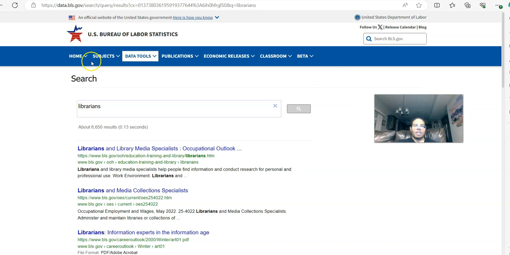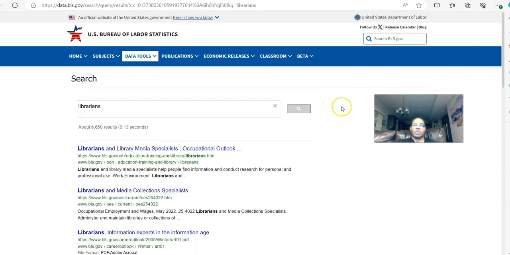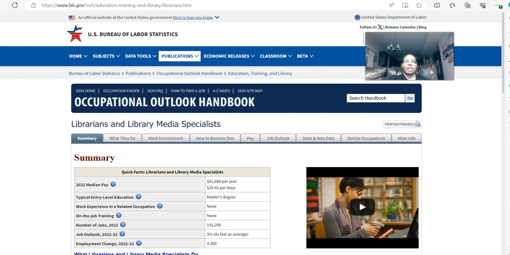Now, there are other ways to search this, but I'm not going to get into that. If you really, really want to have an exhaustive knowledge of this, then go ahead and look at some tutorials and that sort of thing. But what I would do with the Bureau of Labor Statistics is, if somebody told me a career they wanted to go into, and let's just use librarians, then what we can do is go to librarians and media specialists for the Occupational Outlook Handbook, which again is very useful and kind of has some repetition with what we saw with